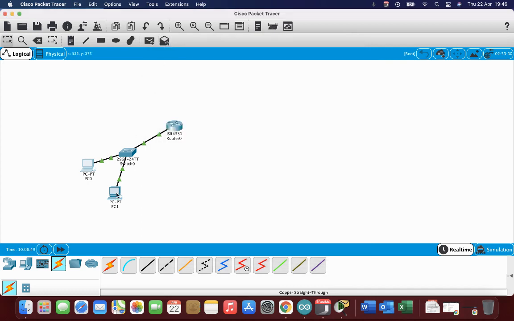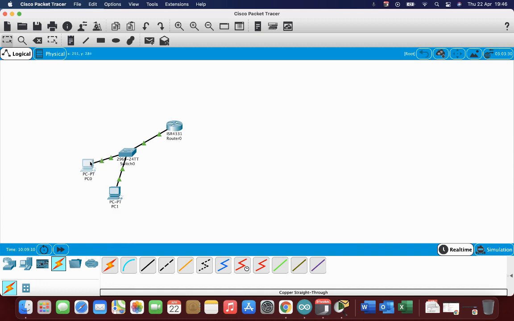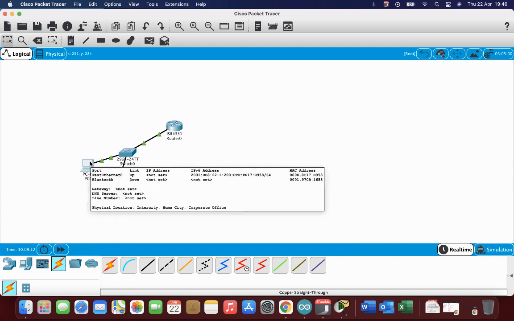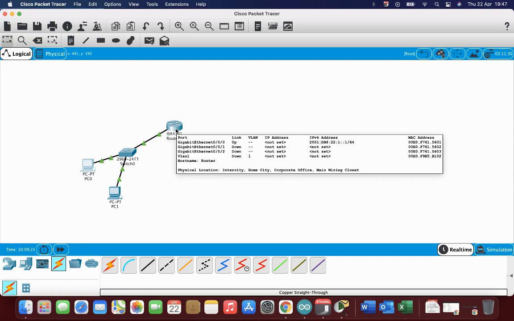Now, if I hover over these to show some specific information, you'll notice that the 7618 at the end is identified in the MAC address, 7618. That's what the router is doing with the unique identifiers. It's identifying the MAC addresses of the PC and converting portions of that into the IP version 6 address. And same on the second PC, E958. So a bit of added security for IP version 6 in identifying different devices on a network. And that should be all the basic commands that you need with IP